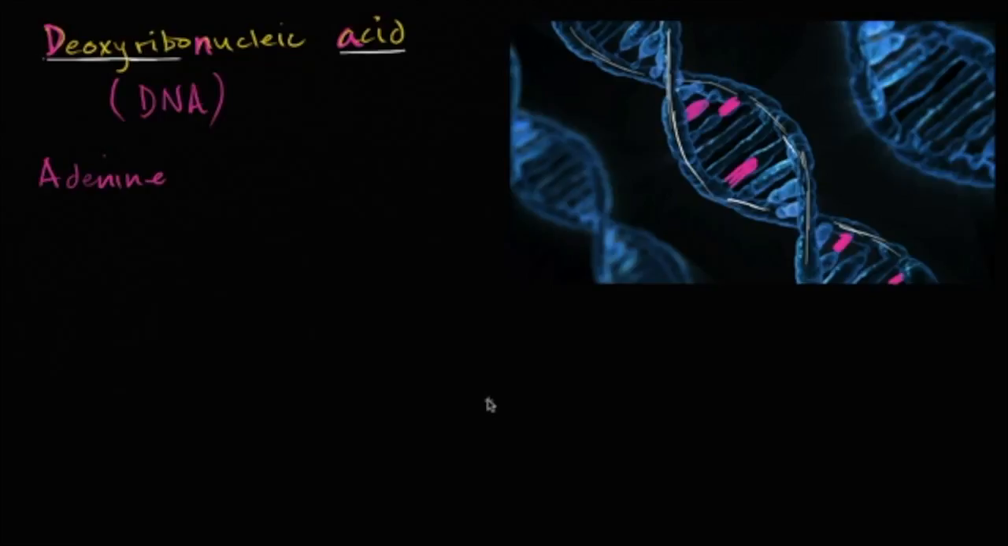And adenine always pairs with the base thymine. So let me write that down. So adenine pairs with thymine. So if that's an adenine there, then this is going to be a thymine. If this is an adenine, then this is going to be a thymine. Or if I drew the thymine first, well, I'll say, okay, it's going to pair with the adenine. So this is going to be a thymine right over here. Now, the